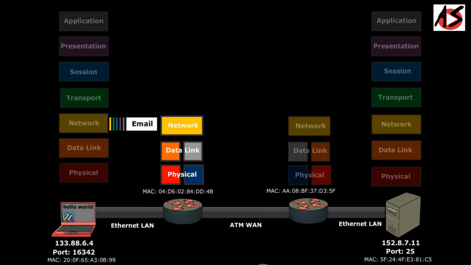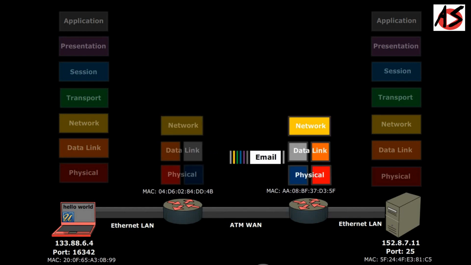Now the router checks the destination IP address in the network layer and determines where to send this packet. The router encapsulates the data with data link information of the ATM WAN.